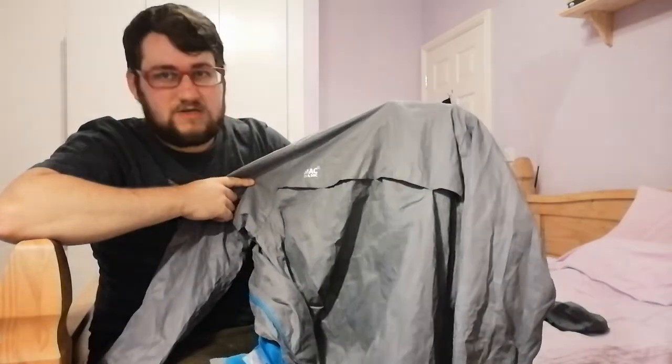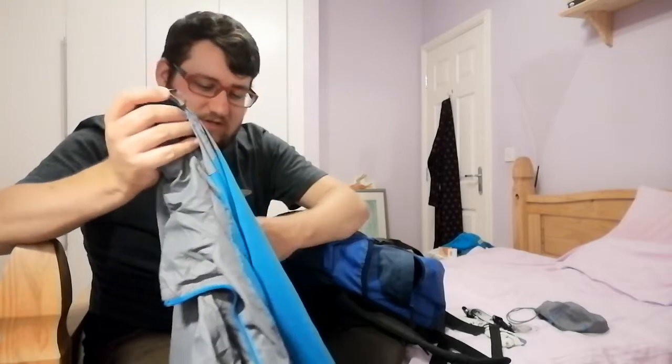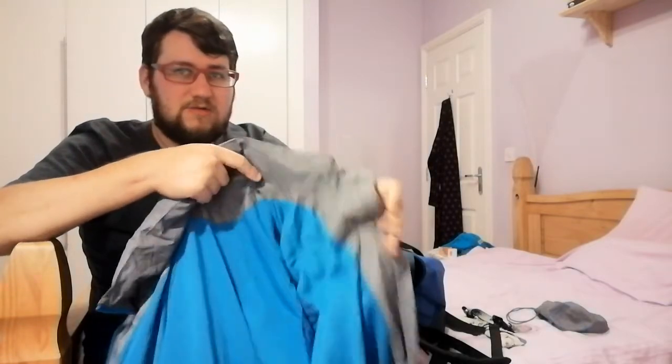So this is my one, which is by Mackinac. I think this was, can't remember how much this one was, maybe like 15 quid. It's a bit heavier than most of your very basic rain layers, because this one's actually got a thermal layer built into it, so it adds a bit of warmth as well. So it's a little bit heavier, a little bit thicker, but I actually prefer it because for me